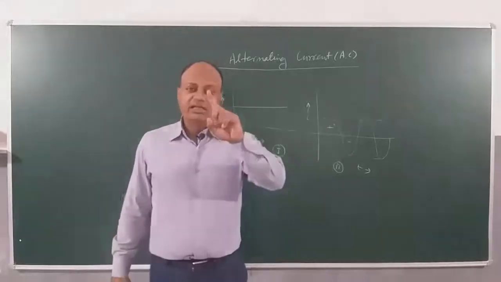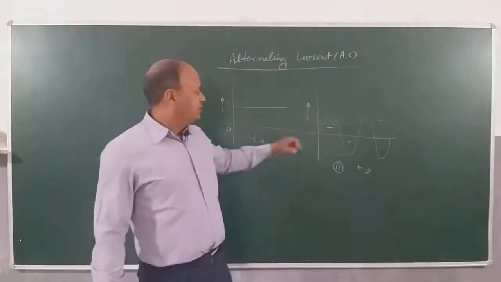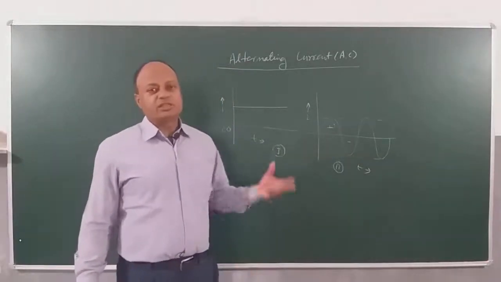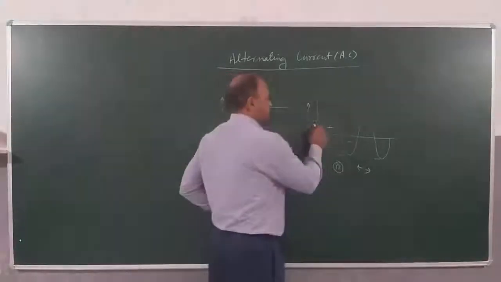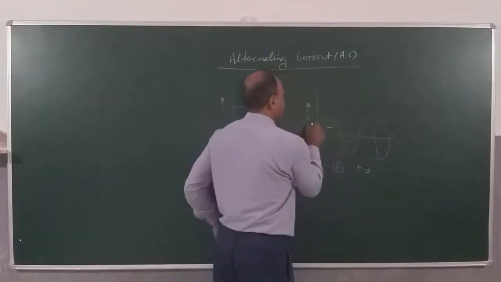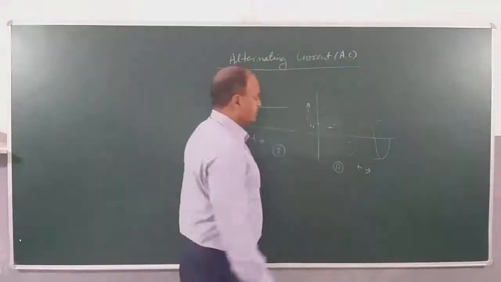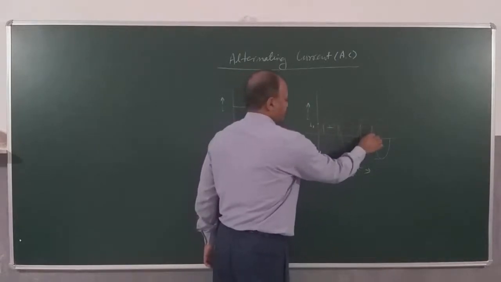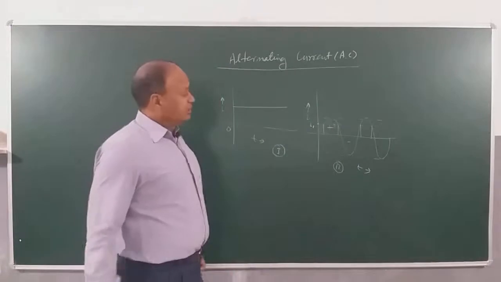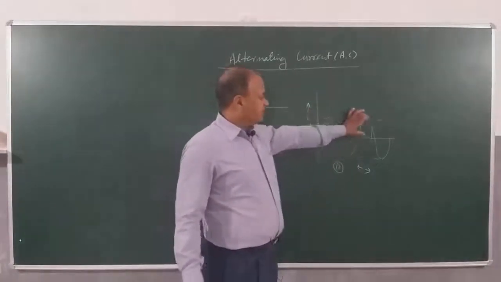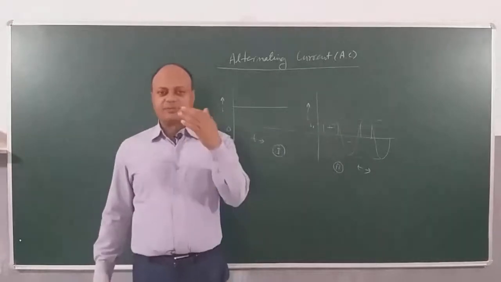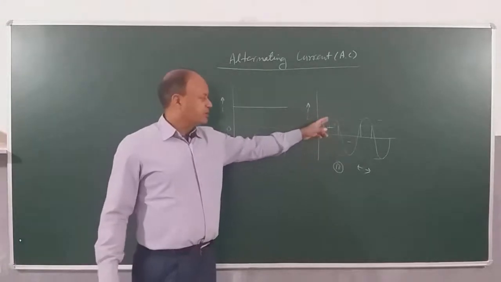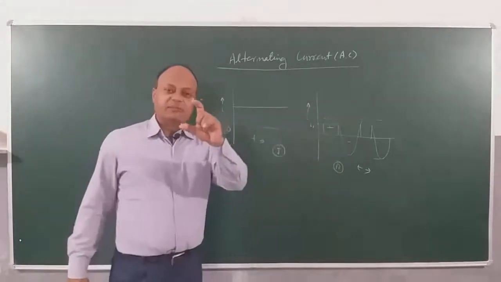In alternating current, amplitude must be constant, right? And the direction is changing periodically with time. Magnitude is also changing periodically with time. If I take here, for example, this value of current, that is I1, you can see after a fixed value of time, the same values are being repeated, right? Similarly, I can take minus I1 and I get it. So if the amplitude remains constant and magnitude and direction changes periodically, then the current is alternating current. Obviously, this is alternating current, because its magnitude and direction is changing with time, but the amplitude is always constant.